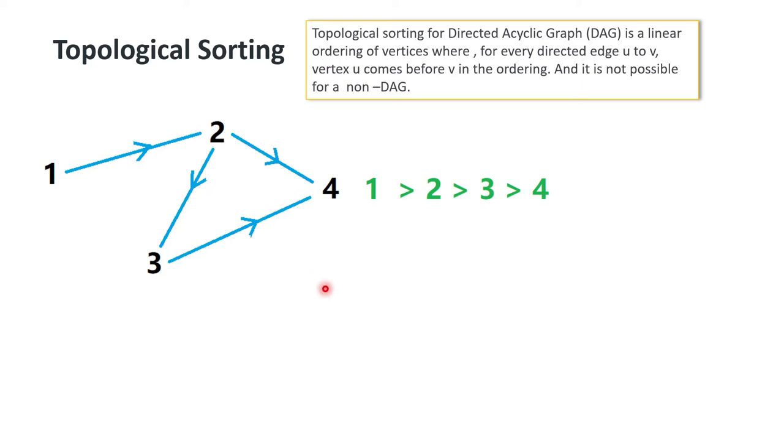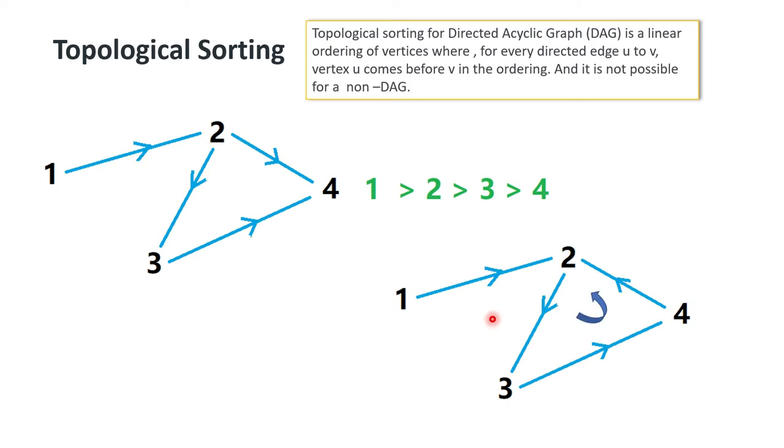What about acyclic? Suppose this is a graph which has a cycle, like 2 to 3, 3 to 4, 4 to 2. What is the problem here? Because 3 is dependent on 2, 4 is dependent on 3, and 2 is dependent on 4 again. So each and every one is dependent on one another. Then how can we tell where to start? That's why for a cyclic graph we can't determine the topological sorting order. So for topological sorting we always require a directed acyclic graph.